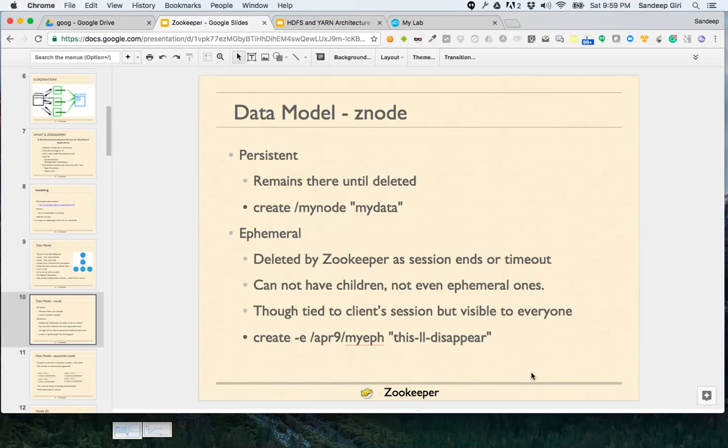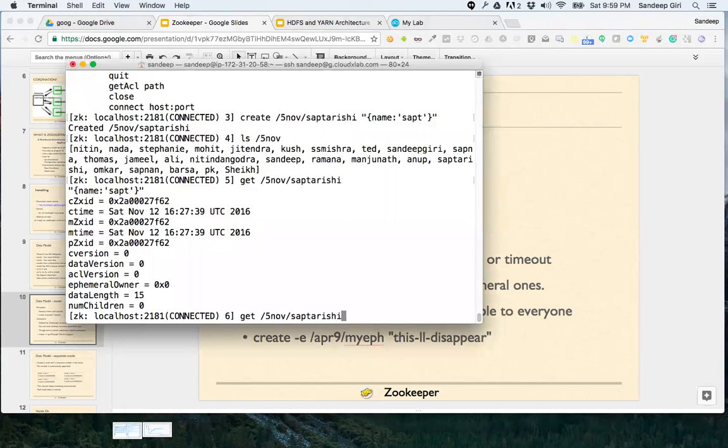Okay, so I'm going to create one ephemeral node now by saying create minus e 5 November, and I'm going to say sgeph. Or let's do one thing. Under 5 November, we'll create some first, this kind of node, 5 November eph.